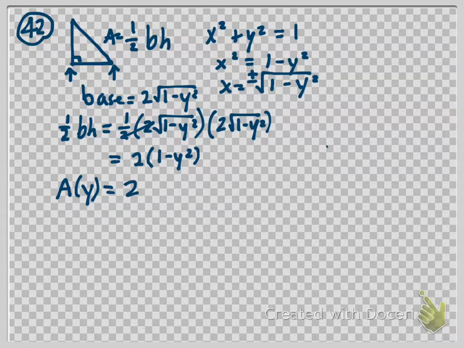What we just wrote, right? 1 minus y squared. Simple enough? So then my integral, or to find my volume, that's going to equal what? The integral from -1 to 1